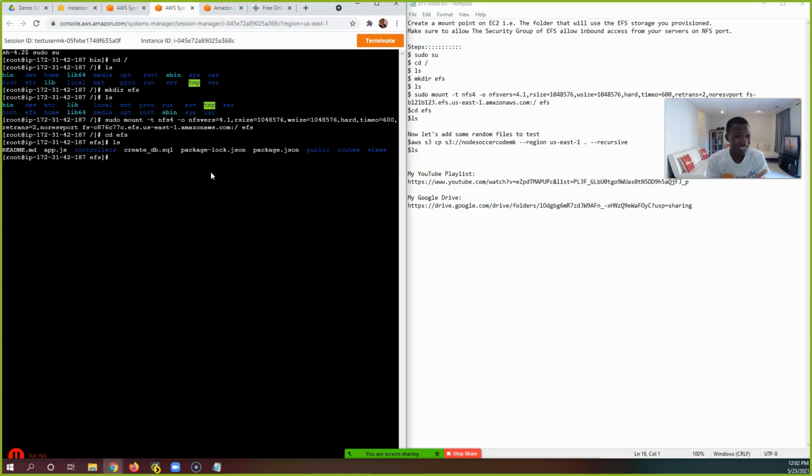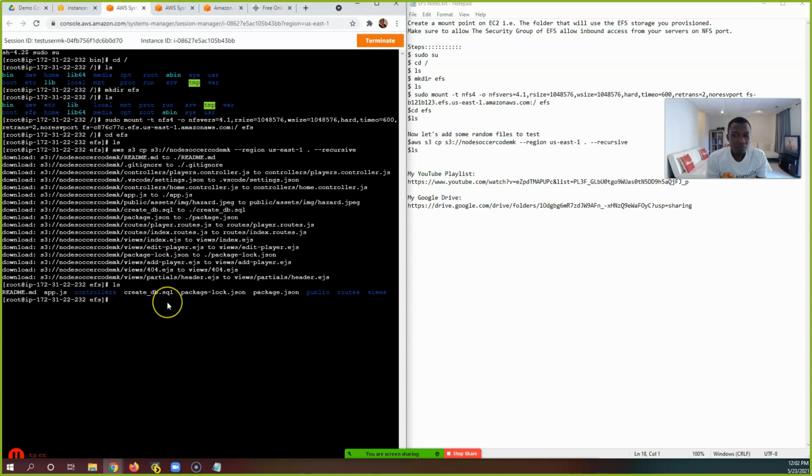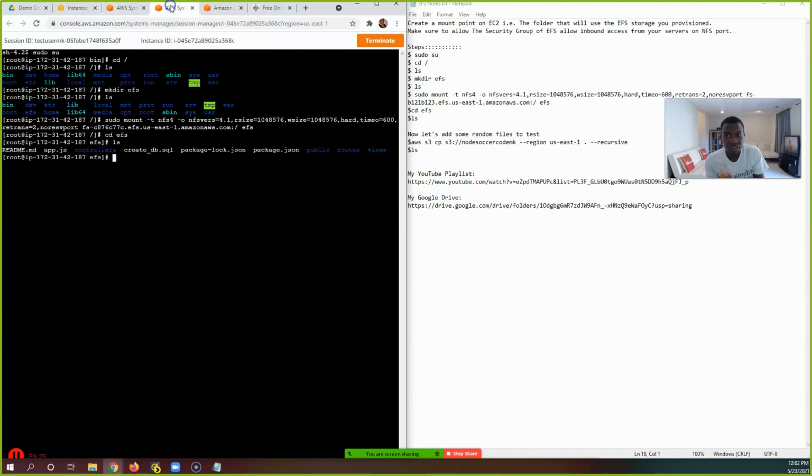POSIX standard, right? What am I saying here? If this user creates a file here, and they don't change the file permissions, any other person that mounts to the file system will not have the permission that they're not given. So if I mount on this computer and I create a file or a folder, unless I do chmod 777, meaning user, group, and others, give them read, write, and execute permissions, then someone in this other server